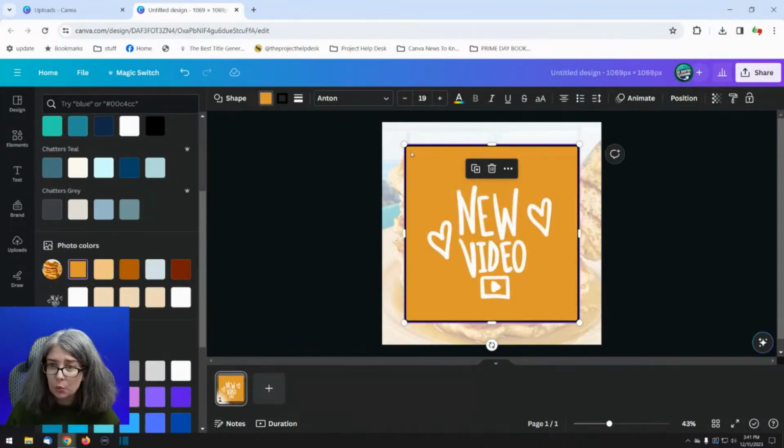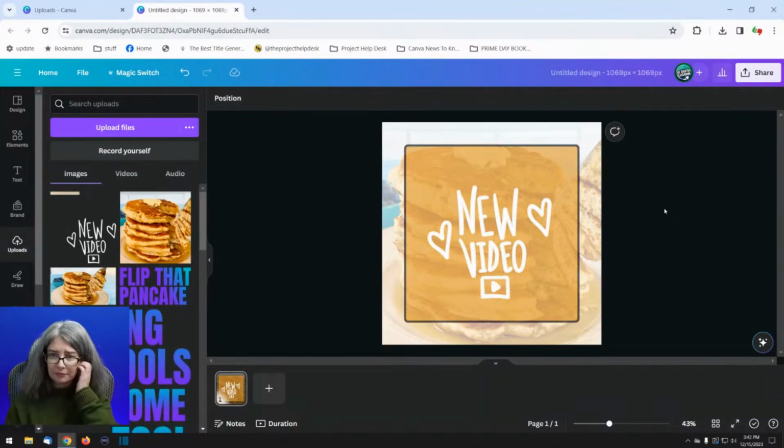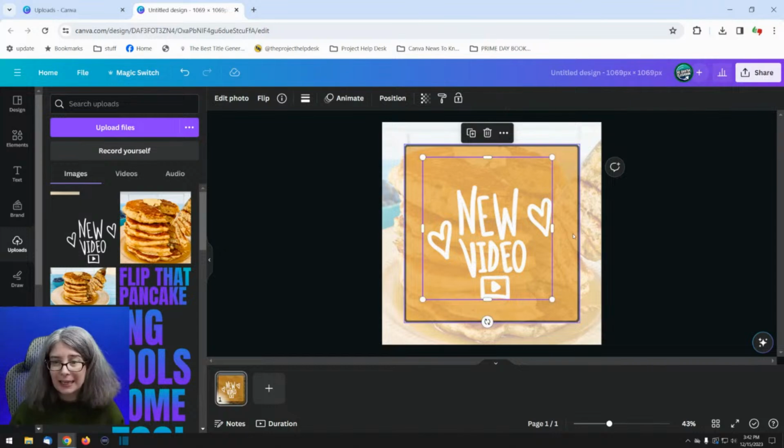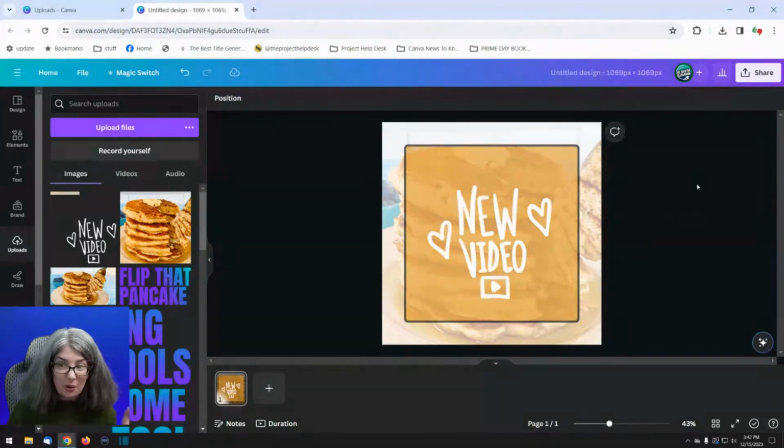One of the colors within the picture? And then reduce the transparency a little bit. Something like that. So you could do something like that. You could even make it animated if you want and download it as a GIF. So that would be sort of fun.